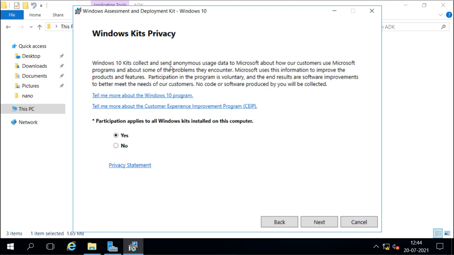Now companies may not want to send errors to Microsoft, because these may be their important data. Suppose a company is working on some application, and during the testing process it gives errors. Our operating system may think this is a problem and send the data to Microsoft. We don't want that, because we don't want to send anything to Microsoft. So we can decide whether to send it or not. Mostly we don't send it.